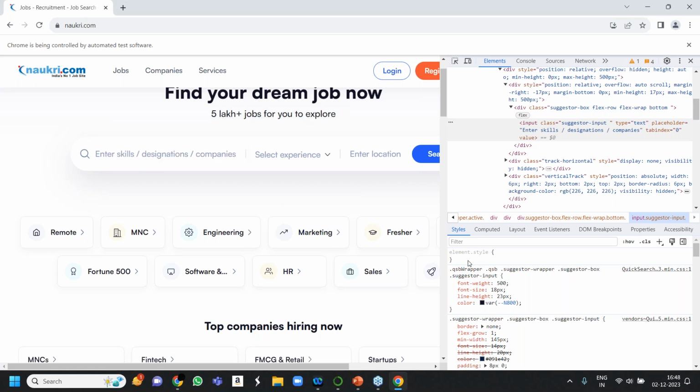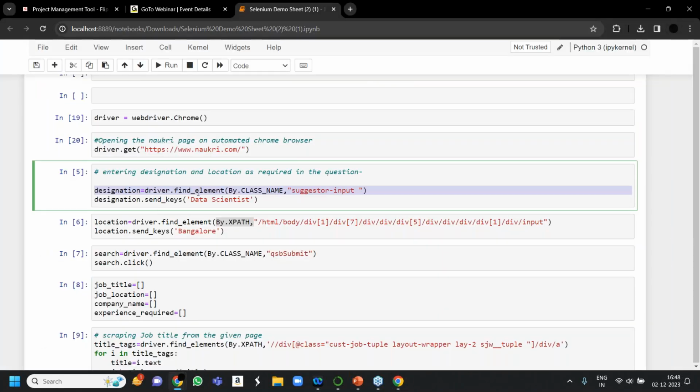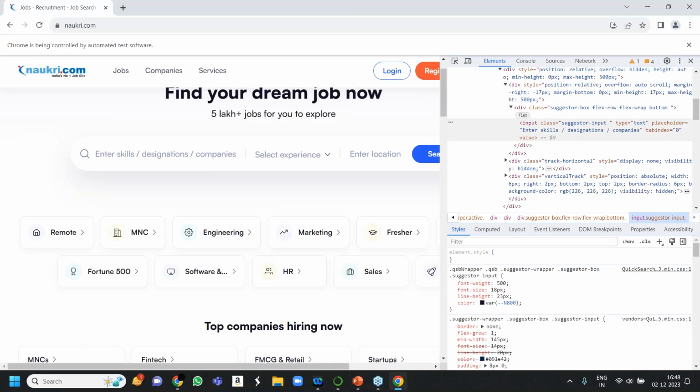Now I will tell my cursor to write data scientist over there, because I am not allowed to write it manually, right? So I will be using code. How will I write data scientist over there? Using send keys. If you want to enter any information using text content, you will use dot send keys.